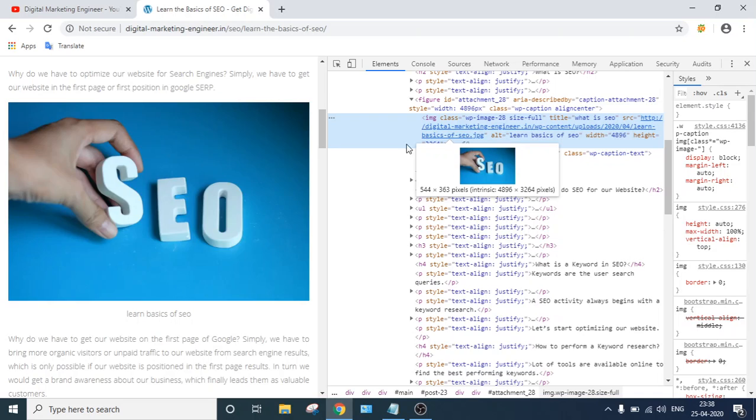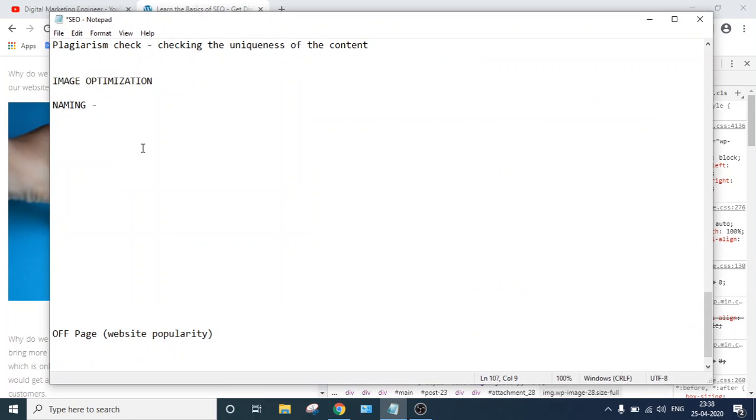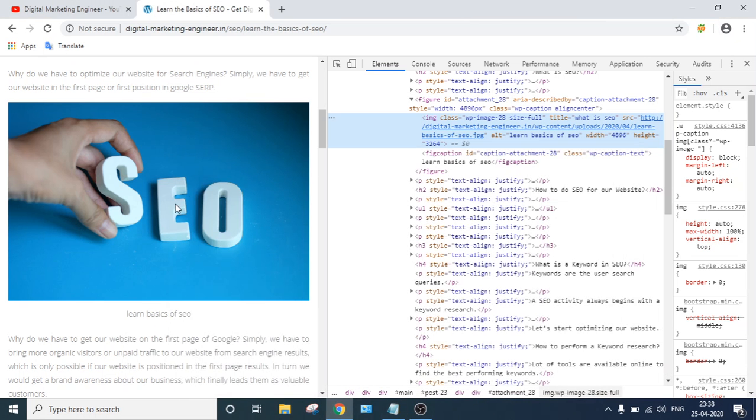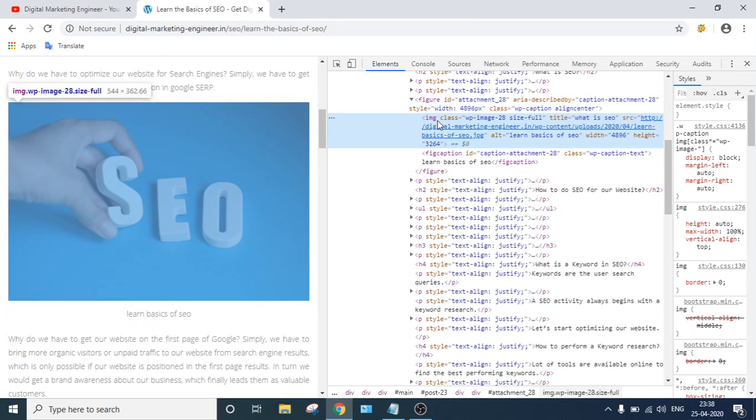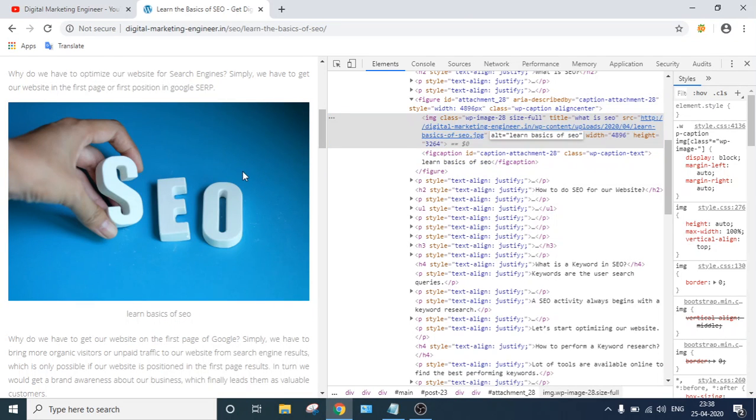So the next thing is the alt tag. Alt tag is sometimes called the alt attribute. This is a very important tag, like h1 h2 tags. This is also a kind of HTML tag in an image. You can see this is the alt tag for this image.